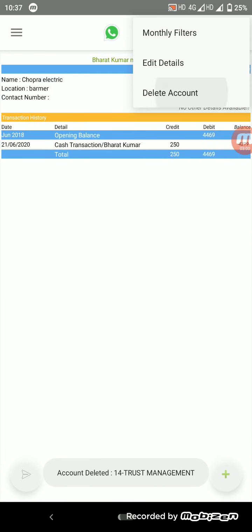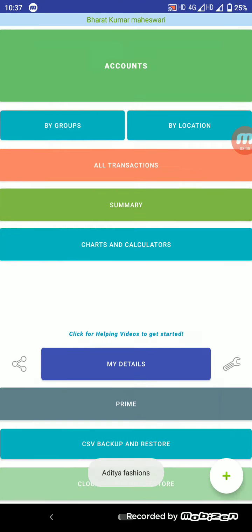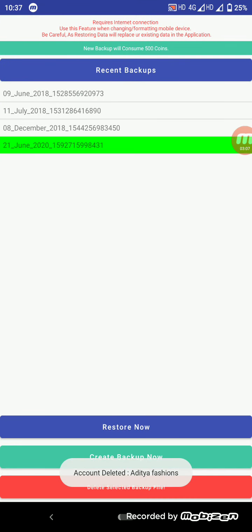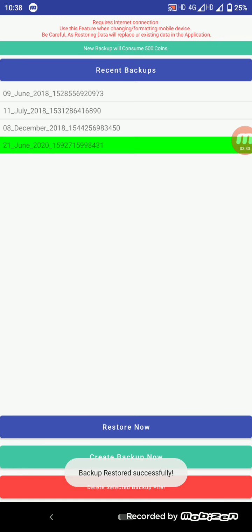Now say I have formatted mobile or I have just cleared the data, then I will go to the cloud backup restore option. I will long press on this backup entry, it will turn green. Then there is blue color this at the bottom, the restore now. I will just click on this restore now button, and all the data that I have created backup for, then it will automatically come again for me, like restore now, and it is saying